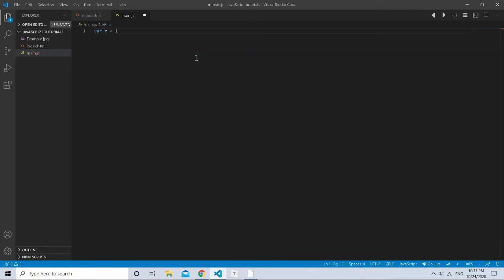So let's assign the number 10, and to end this line of code we use a semicolon. So to end this syntax, to end this code, we use the semicolon, and there it is. We have created a very simple variable.